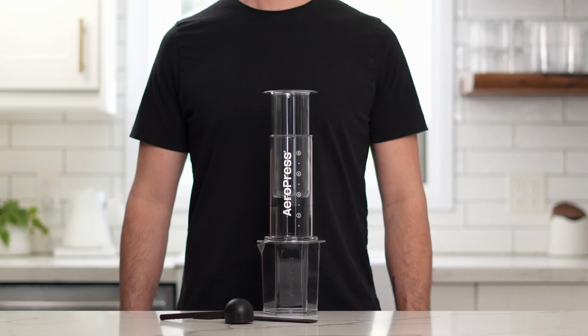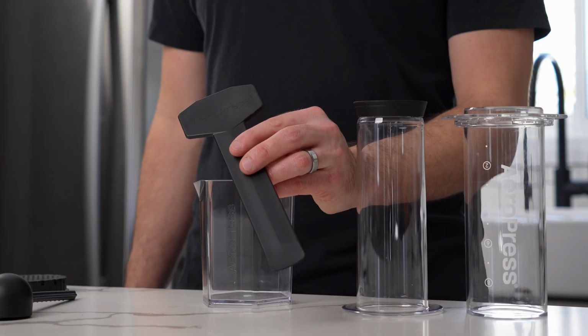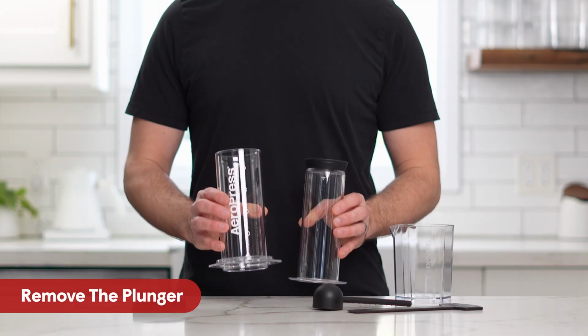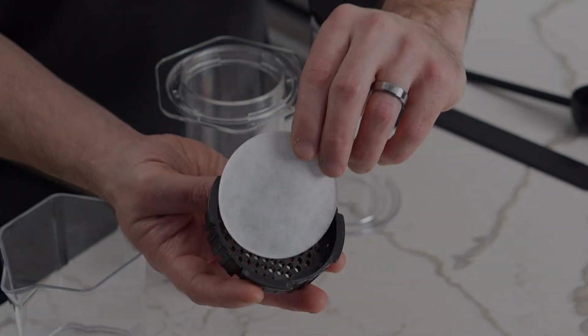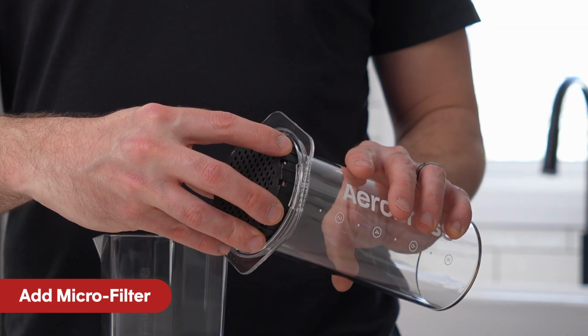Now, let's get your AeroPress ready to brew. First, set the filter cap, stirrer, and scoop aside. Then, pull the plunger and separate it entirely from the immersion chamber. Grab one XL size paper filter, place it into the filter cap, and twist the filter cap onto the immersion